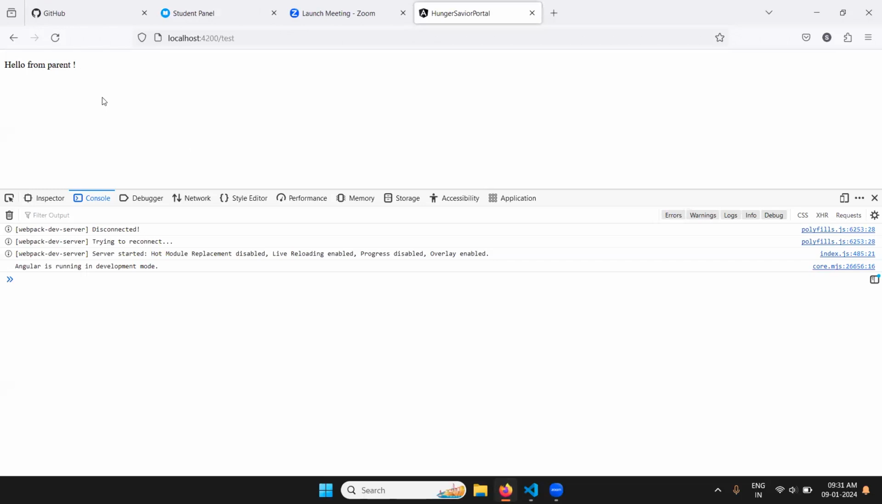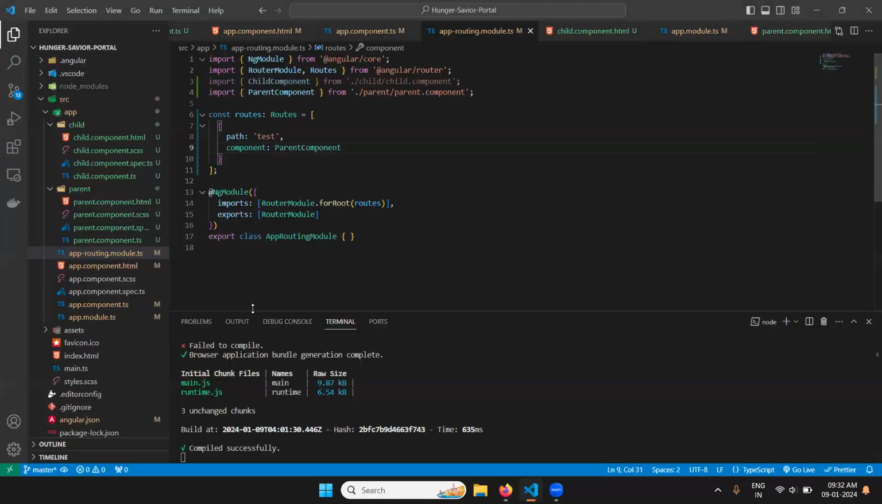Okay. And there is an app module.ts, there is an app routing module.ts. That means all these components, the parent component and the child component, belong to the parent component, which is app component. Got it? How am I saying that parent component and child component are child components of app component? Because if you just go to the app component.html, I have used something called